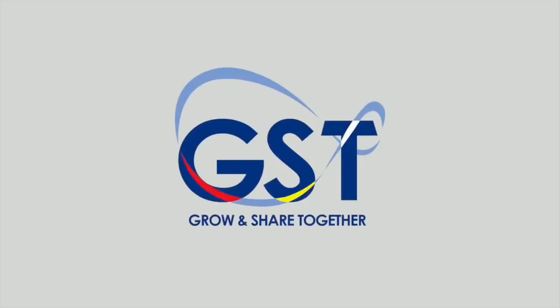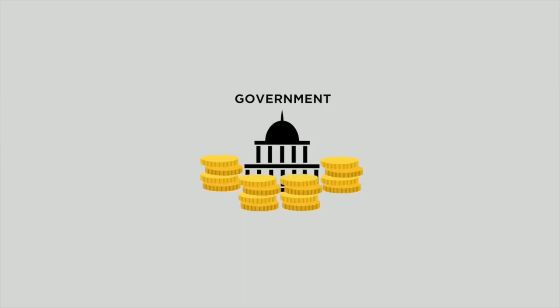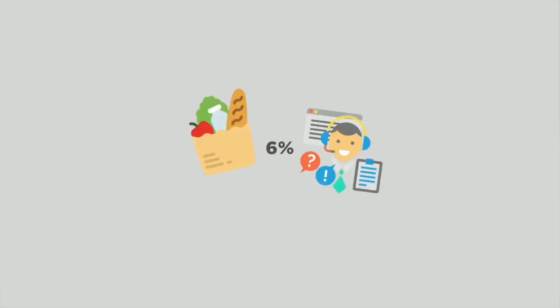We need to understand what is GST. GST, or Goods and Services Tax, is a form of tax we pay to the government when we buy things at the market or when we are using a service from both private and public sector. Here in Malaysia, 6% of the whole price of the goods or service we bought will be given to the